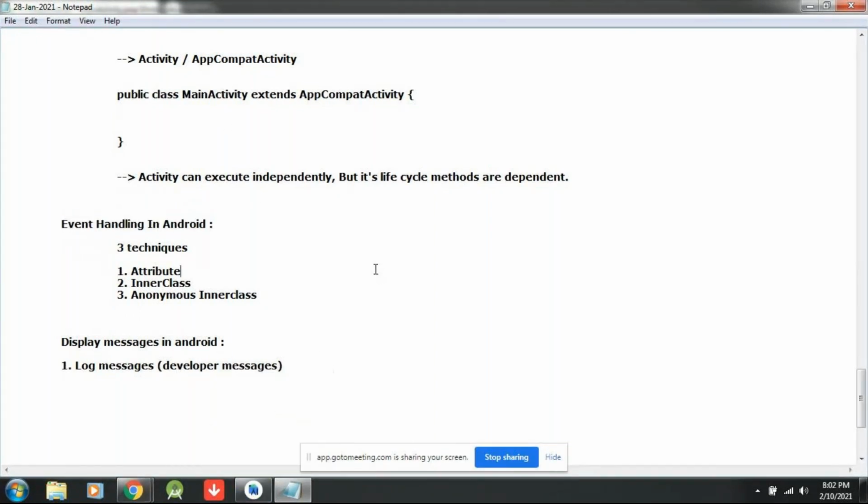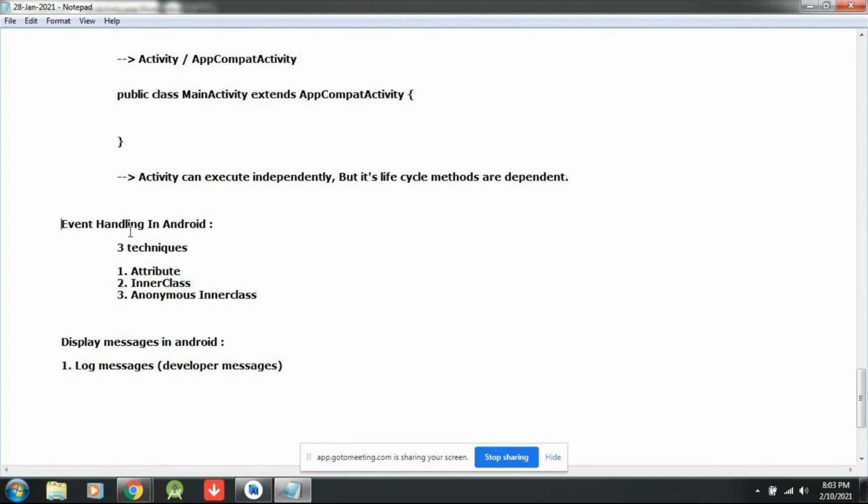Let me start. Today I will discuss only one method, which is the attribute method. Before that, I am starting this concept, event handling in Android. What is the meaning of event? For example, there is a view available on the screen, such as a button, checkbox, or radio button. You click on that. Whenever you click on it, some logic has to operate in the background. That means in the front end when the user clicks that view, the view-related logic in the back end has to execute.